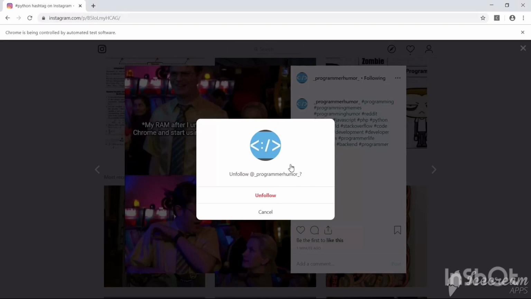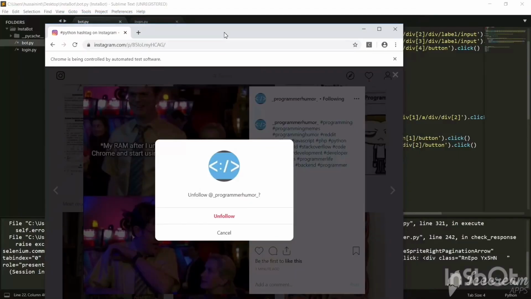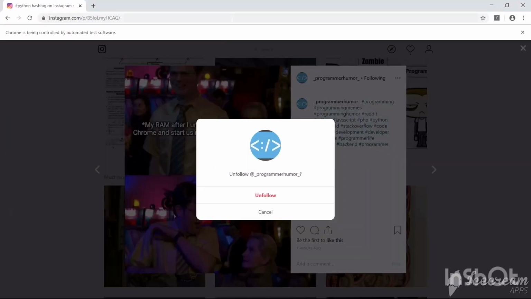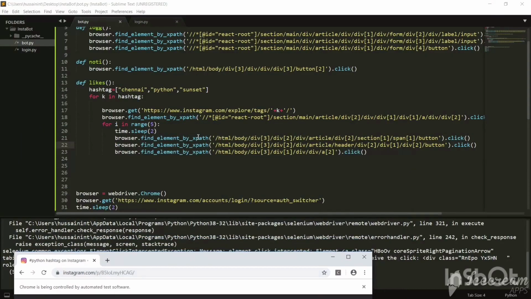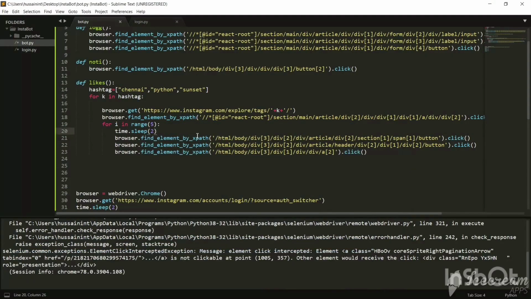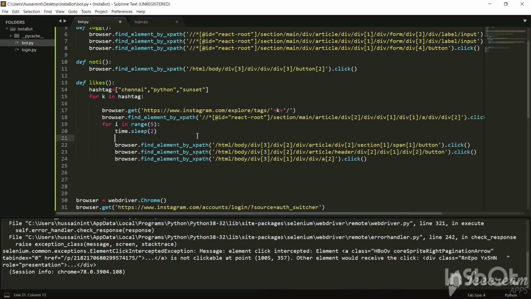Do you want to unfollow or not? So this will cause a stoppage in the program. So what we'll do is we will add a try except block here. So if we get an error in this